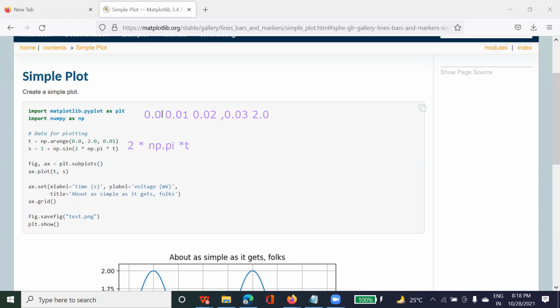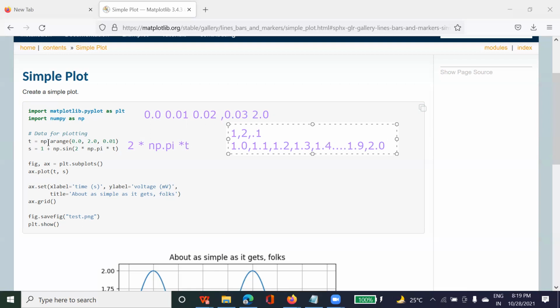If for example I say starting value 1 and ending value 2, with an interval of 0.1, what will the values be between 1 to 2? 1.0, 1.1, 1.2, 1.3, 1.4, until 1.9, then 2.0, right? Same thing we're going to do here.